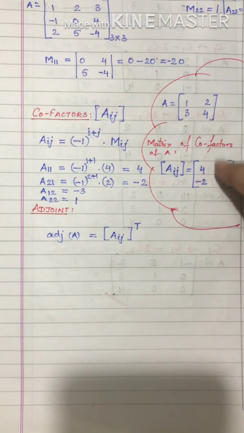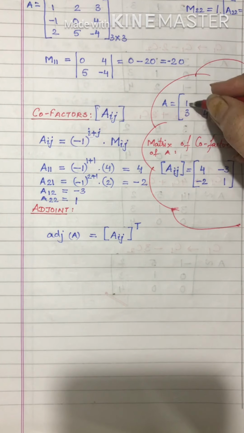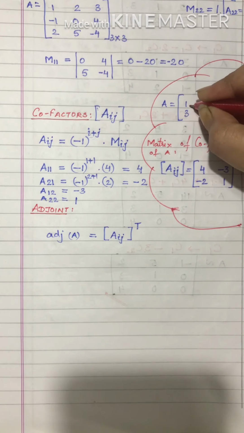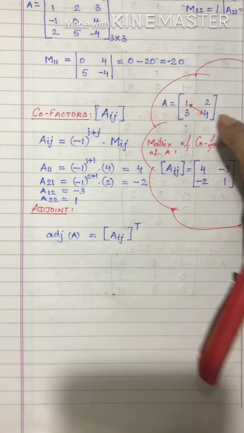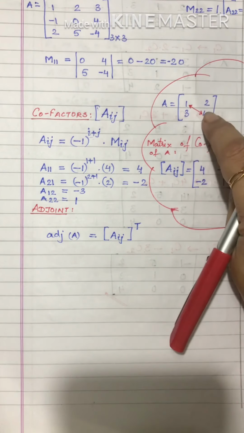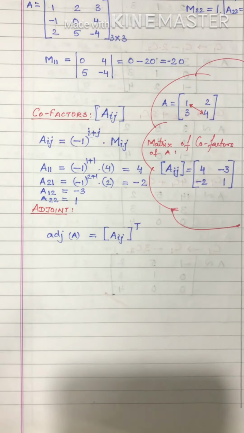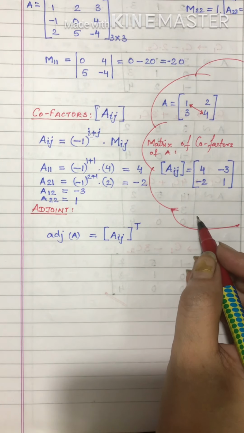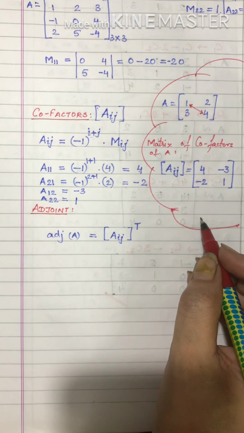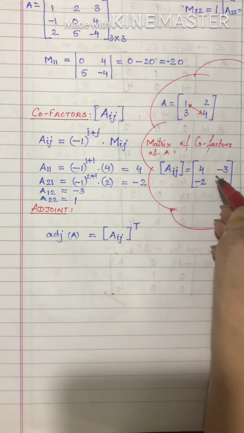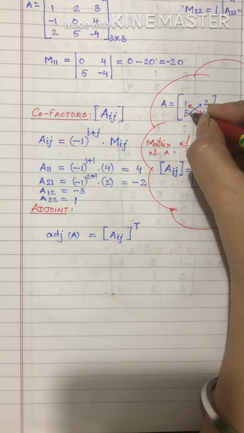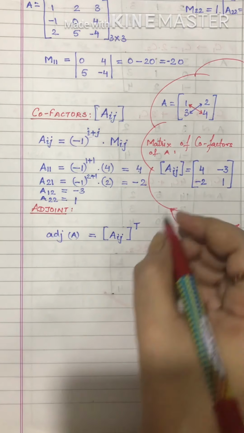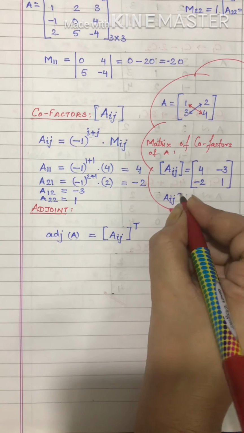Now observe this carefully. What happens is we have swapped these two elements. Okay, you will swap these diagonal elements, and here the sign changes. Just check this carefully. Okay, this is the shortcut how we find the matrix of cofactors for a matrix of order 2 by 2. One more thing we have done here, after swapping these two elements, we have changed the sign of the other two, if you can see it. Okay, now next, for finding adjoint, what we need is the transpose of this matrix.